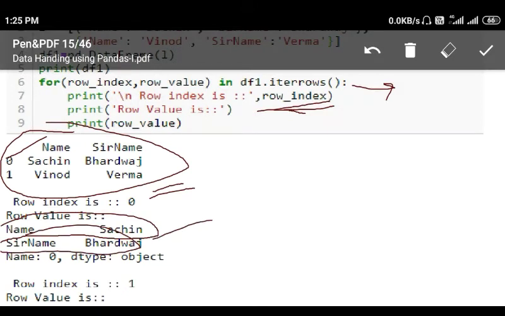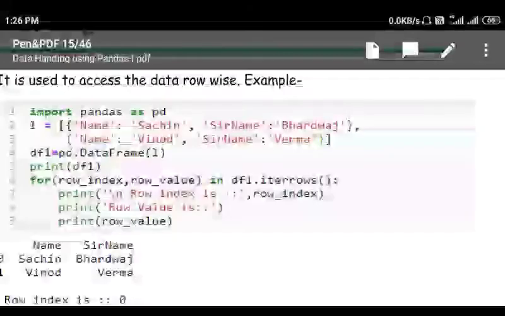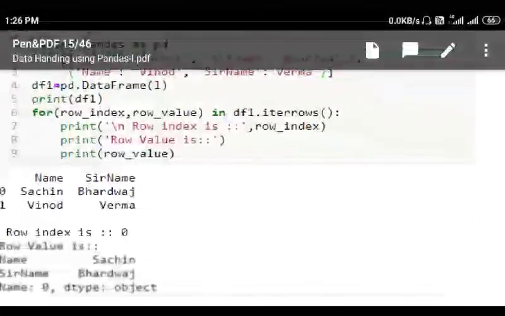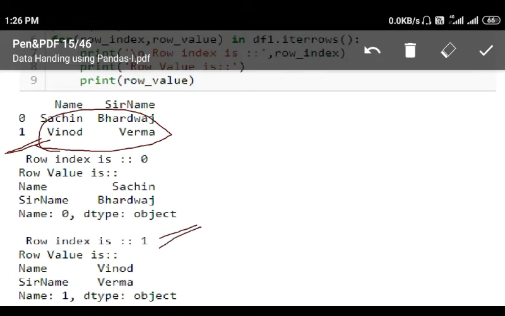These are basically the columns. At row index 1, two columns are there, name and surname. So these are printed, and their data type is also printed. Then the loop will execute once again, and this time the index will be 1. So the row at index number 1 will be printed. You see, row index is 1 and name and surname is printed.